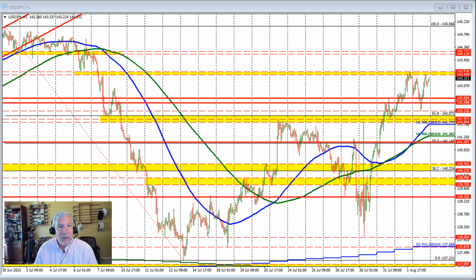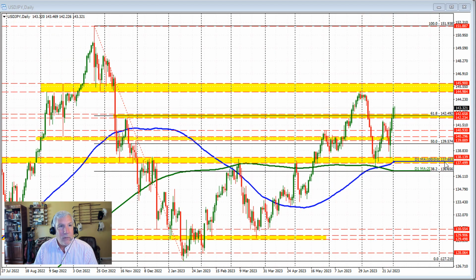What's the importance of that area? You have to go to the daily chart. And if I look at the daily chart of the dollar versus yen and look at this yellow area through here, this is defined by a number of different swing highs and highs going back to this period right here, and then we came up to it in the month of June here